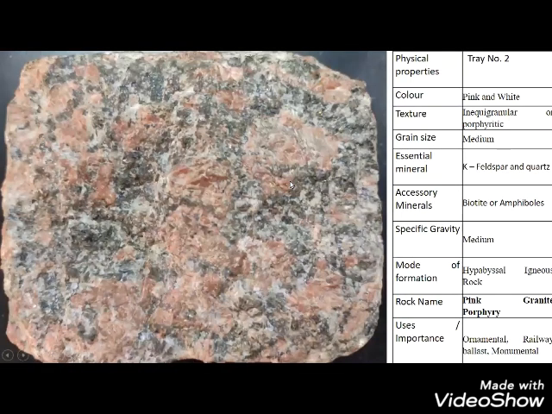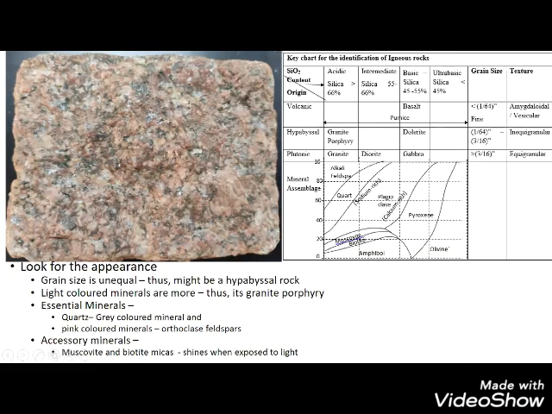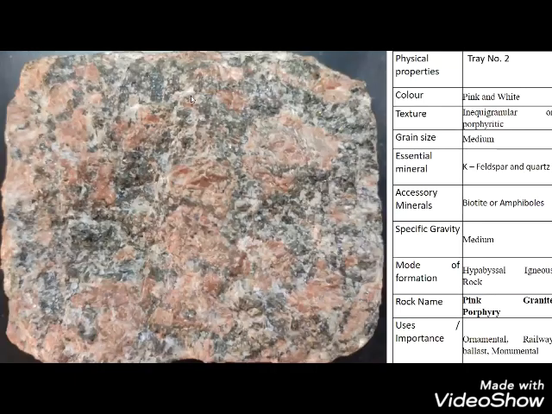Okay, this is the other side of the same rock, or another one. You can see that the pink colored minerals you are seeing are orthoclase. Dark colored are plagioclase feldspars. Now and then you can see small specks of micas. So what is the color of the mineral? Pink and pinkish white basically.